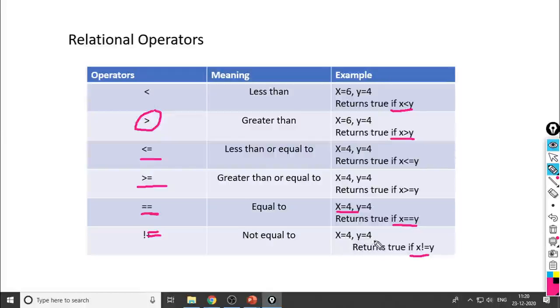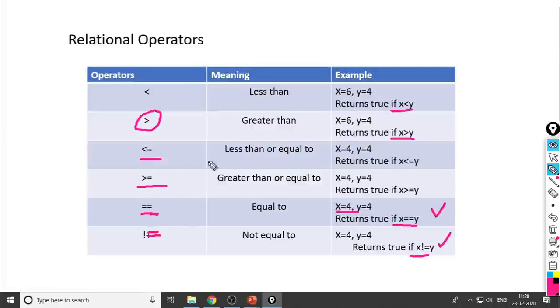So within this statement, x is equal to 4, y is equal to 4, and x not equal to y. So what does it return here? False. Okay, x is not equal to y. It returns false because x is equal to y. So in this example, it returns true, and in this example, it returns false. Okay.